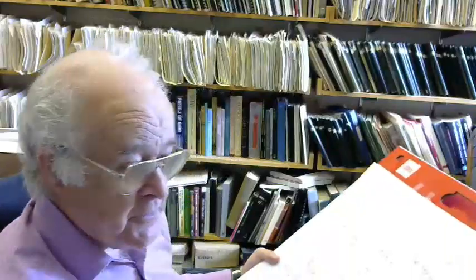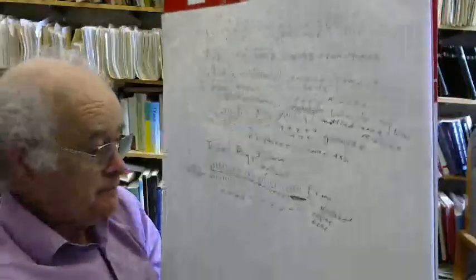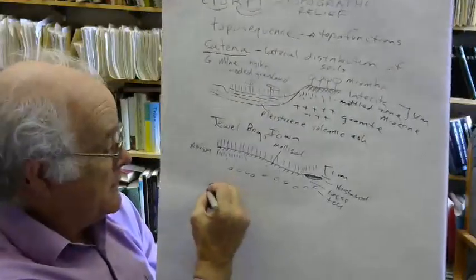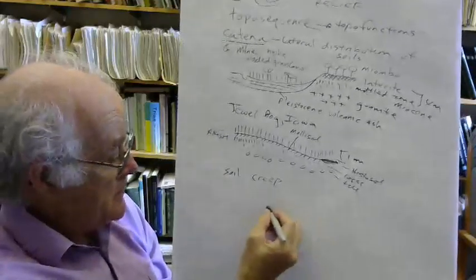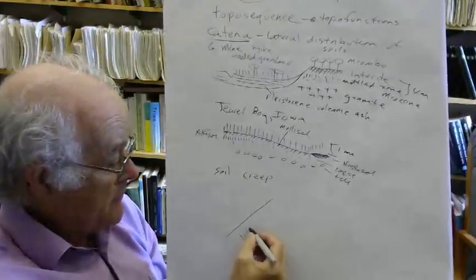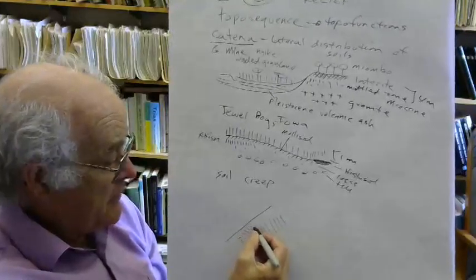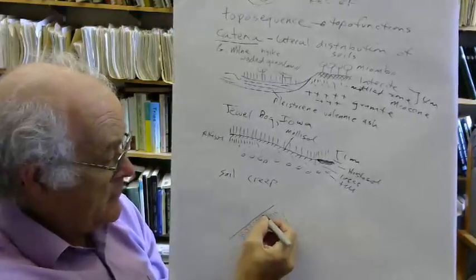There are, however, a lot of pretty nice indications of topographic relief that we can actually look at for paleosols. And although these aren't quantitative topofunctions, they're nevertheless of interest. One of the most interesting indications of topography that I've found in my career is soil creep. Now, you've probably seen this if you've been in the country, looking at road cuts where there's steeply dipping schists, and then as you go up into the soil profile, those schists sort of bend over into the soil layer,